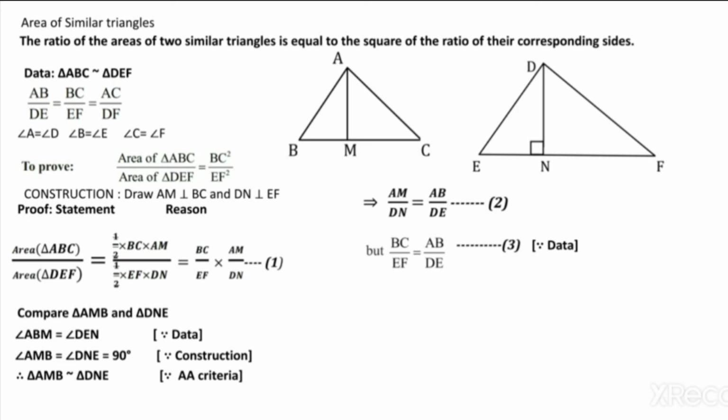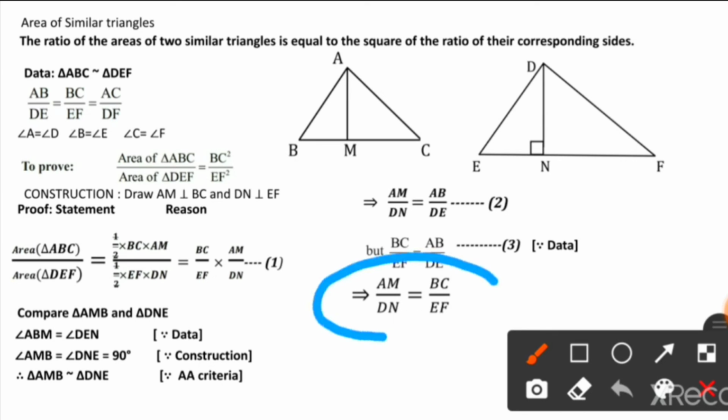So now what we have got here is BC by EF is equal to AM by DN. In place of AM by DN, we are going to replace